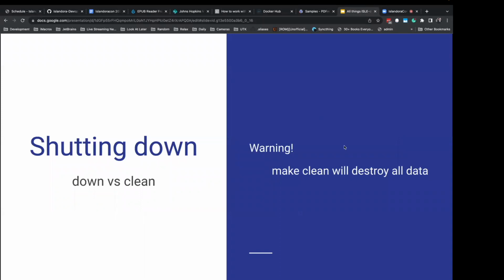Now, down versus clean. Down is not just docker compose down. We found that sometimes that causes problems. So there are a couple of extra switches that make it smoother at the shutdown, so when you bring it back up, you don't have any errors from Drupal. It's a very simple command, whereas clean is not simple